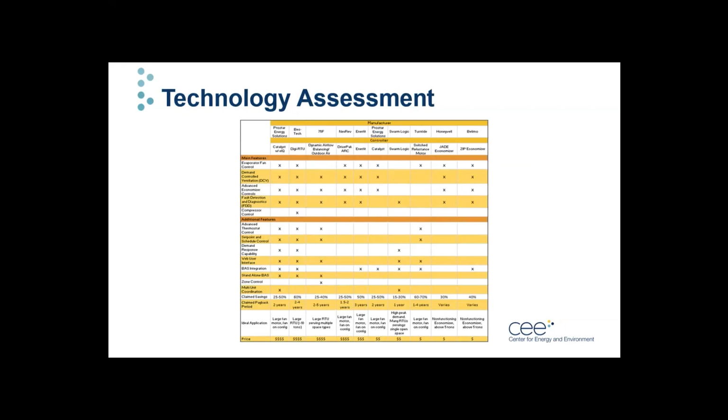So this table, which I understand is hard to read, really just shows a summary of the retrofits found through the assessment. Now, this does not include every available package or technology, but really what we consider the most relevant to Minnesota RTUs and gives an idea of the amount of features some of these packages offer. I won't run through this entire table, but will cover a few of the technologies in more detail in the following slides. And I encourage you to read the final report when that's available if you want any more detail